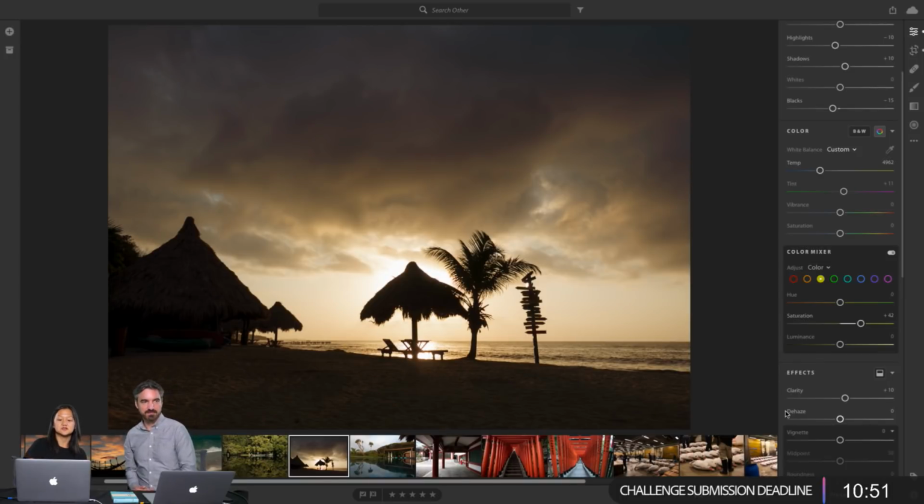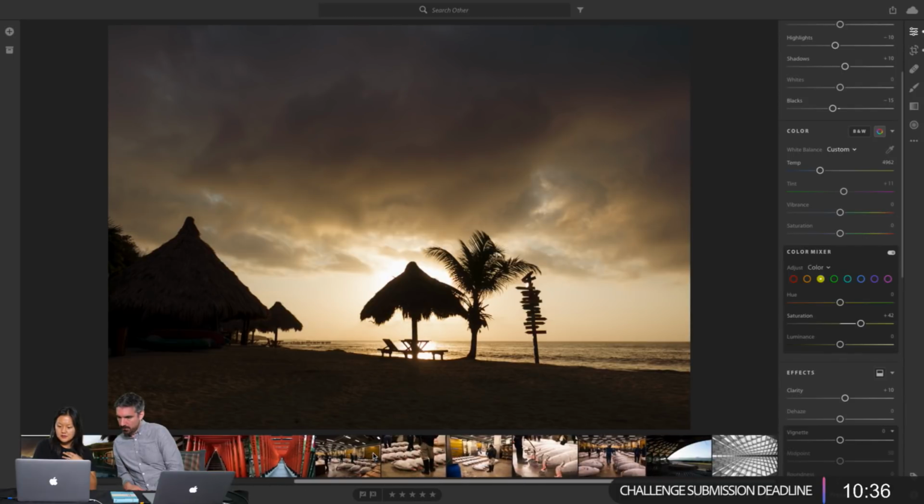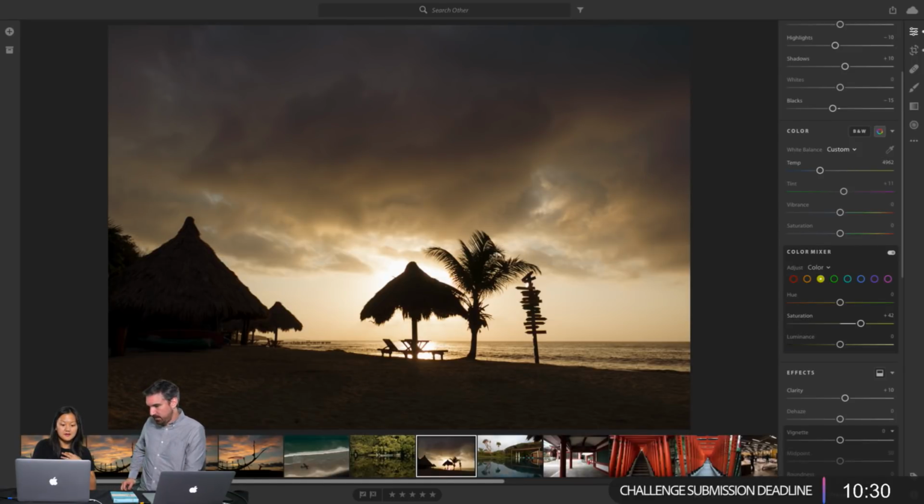I have some composition issues with this photo, but that's just because I chose the wrong one to put in here. But I do like the overall tones at the end, so I feel pretty good about this one. Yeah, the sky is amazing. And then was there another one that I should edit? Maybe one in Iceland, with the crazy sky.